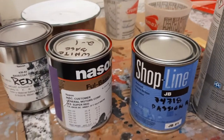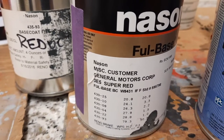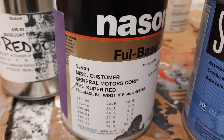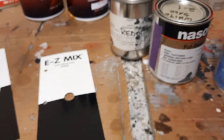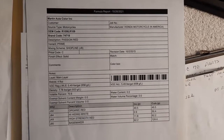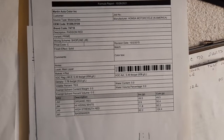And then the other one I found to be, I guess, I want to say more than one person referred to this color as a match. And that is the General Motors Super Red. So what I did is I took 2 of these mix cards and I painted each color. And here's a shot of the OEM color code and then the transfer over for PPG,